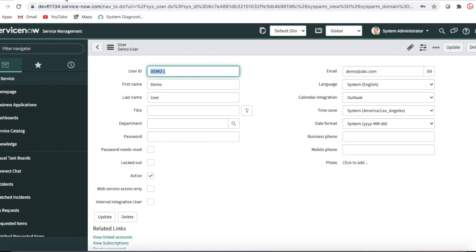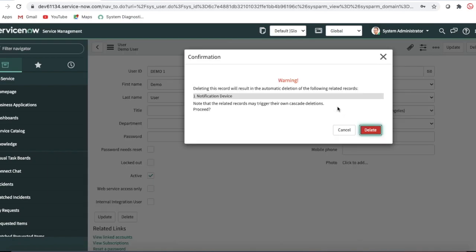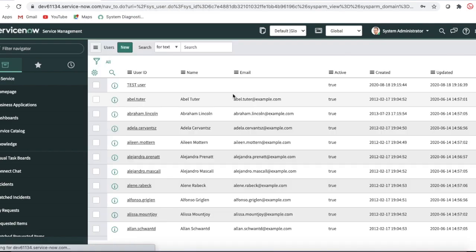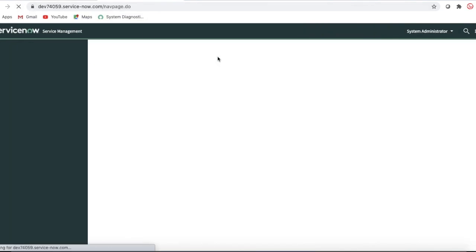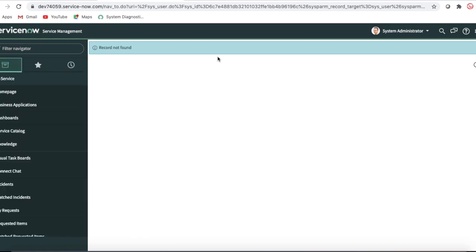Even if we talk about group membership, sometimes we add a user to a group and later delete that. So deletion is also captured from production to non-production. Suppose we are deleting this user's information, that deletion will also happen in the non-production environment. Let me show you. It's deleted, right? If I refresh here, the non-production user we created is deleted, record not found.